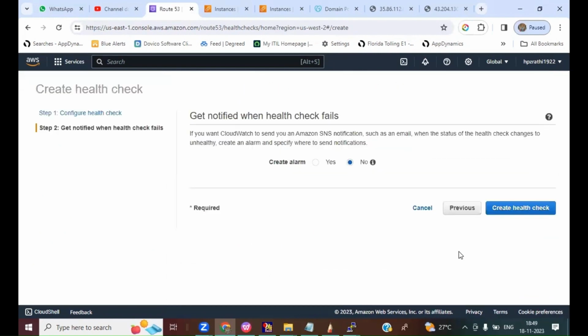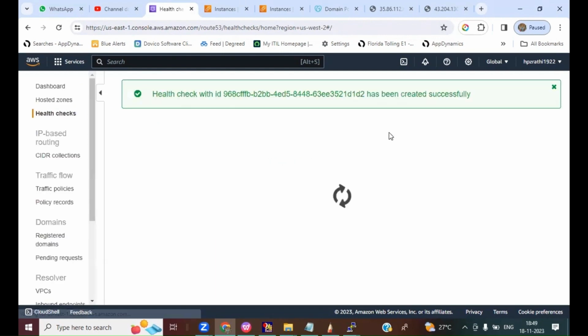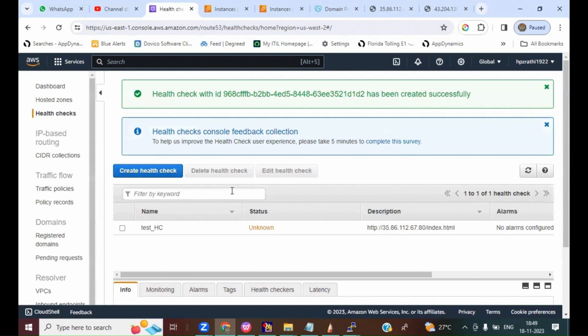And let me click next. So if at all the health check fails, if you want to create an alarm, you can create an alarm. But for now, I will just go ahead and directly create the health check. Okay, so while this is creating the health check,